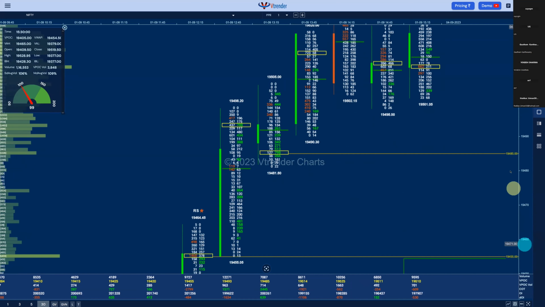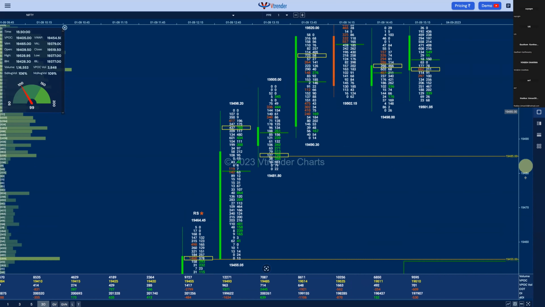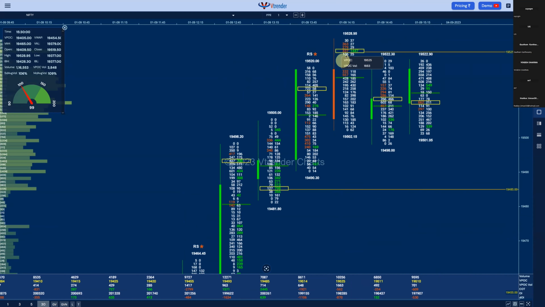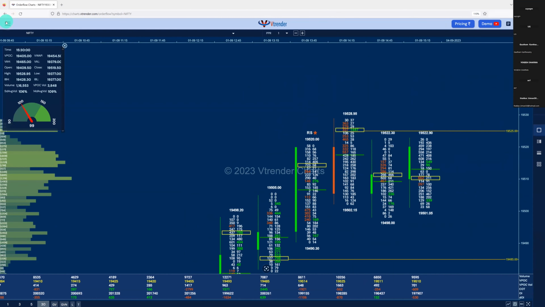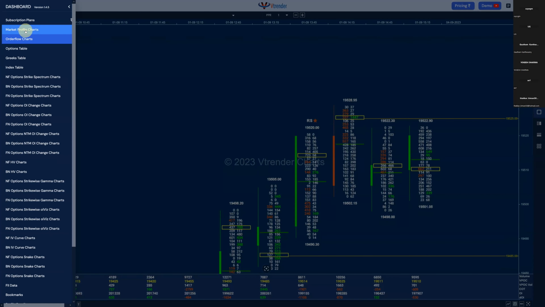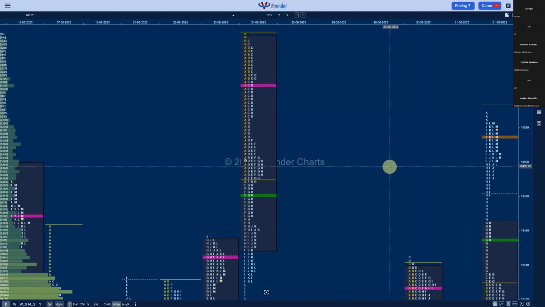So if you're a positional trader, you would still have a stop loss around here at about 19,455 levels, and look to see if the market is now placing demand above 19,525. Once you know that this supply is taken out and you see a big cluster of greens come up over here, then you can put a stop loss back around this 19,510 zone and ride the next leg up. But you would also get a bigger idea about it in the market profile chart. So try to use order flow to time your entry and exit. If you're looking for